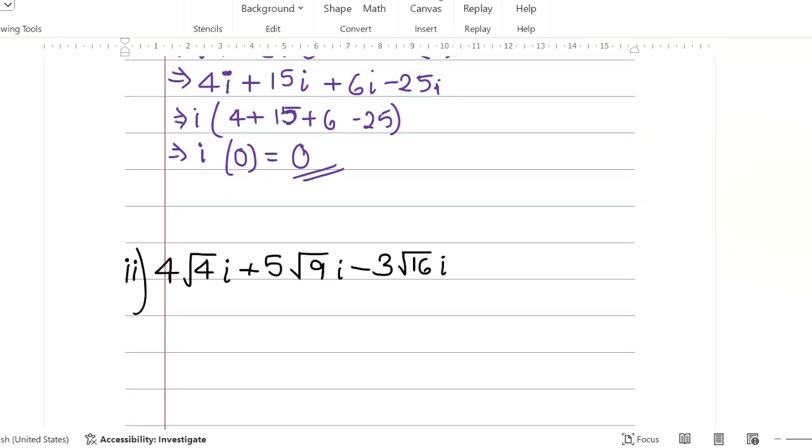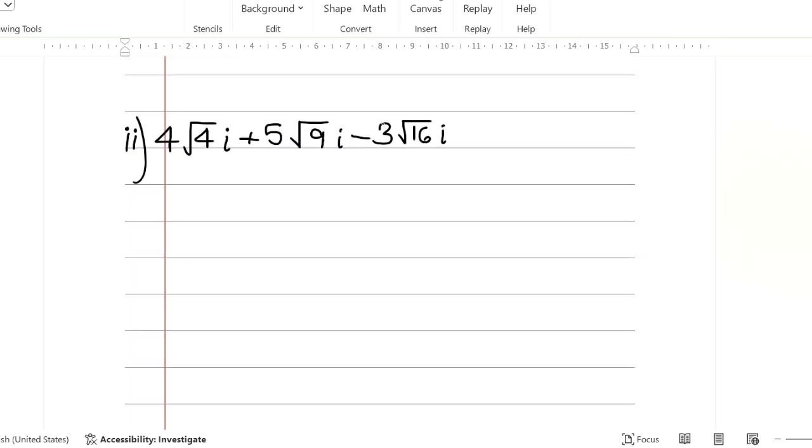Let's move on to question number 2, sub question number 2. It says 4 root 4i plus 5 root 9i minus 3 root 16i. So let's see how we will write this. 4 into root 4 will be what? We know that root 4 is 2 because 2 into 2 is 4. So you have 2i